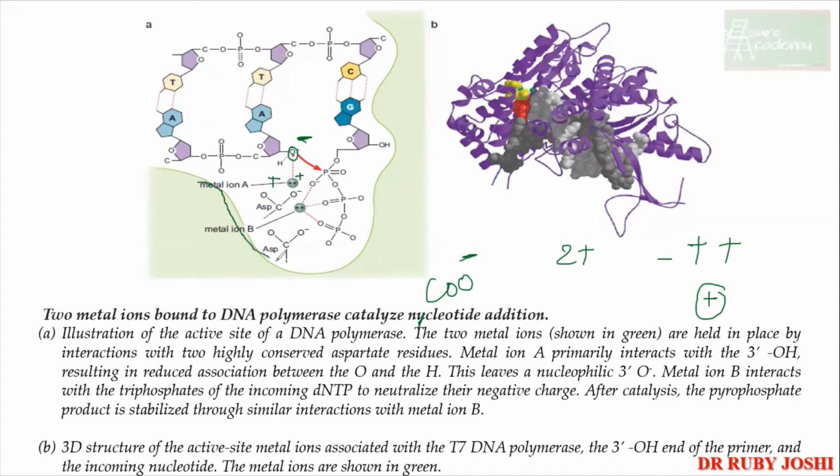ये आपका DNA polymerase है. DNA polymerase is made up of proteins. They have got the amino acid. So that amino acid is your aspartic acid. So COO minus, COO minus. So they are helping your metal ion to be stabilized so that they can interact with the beta gamma phosphate to stabilize them. Okay? And in between, wherever the electrostatic interaction is not possible, in order to stabilize everything, hydrogen